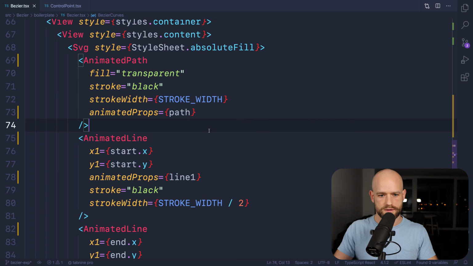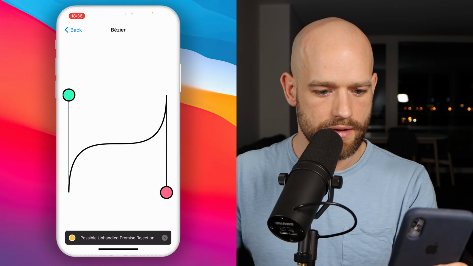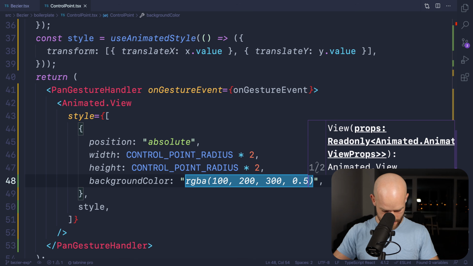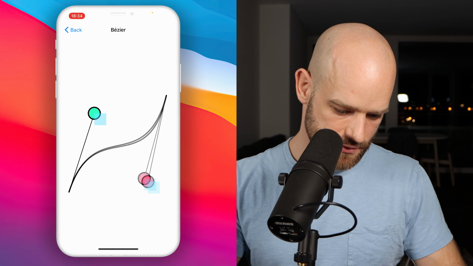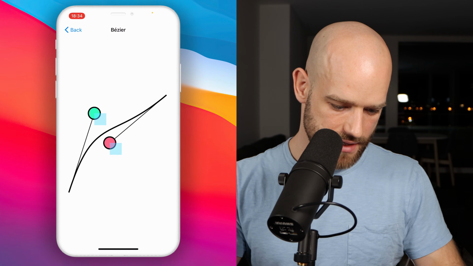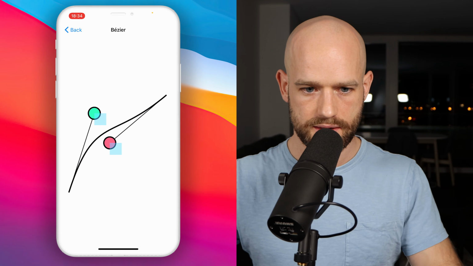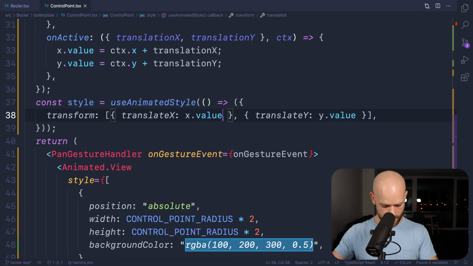Okay. So here now it looks the same. So let me add some color to try to debug this. So you see the squares don't look aligned with the control points. And I think here is because I need to remove